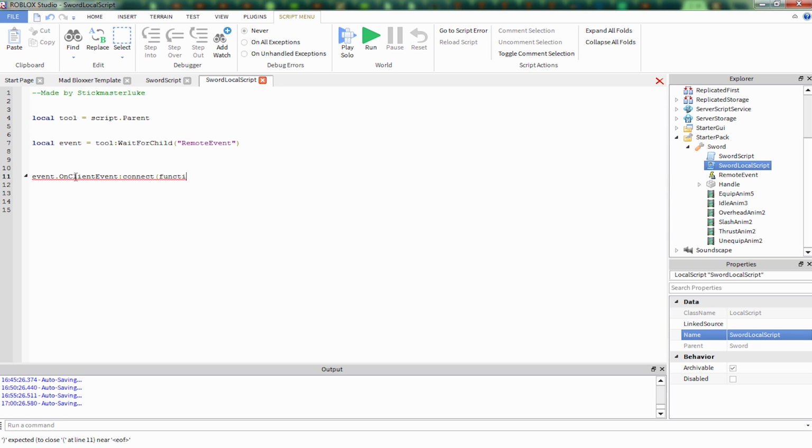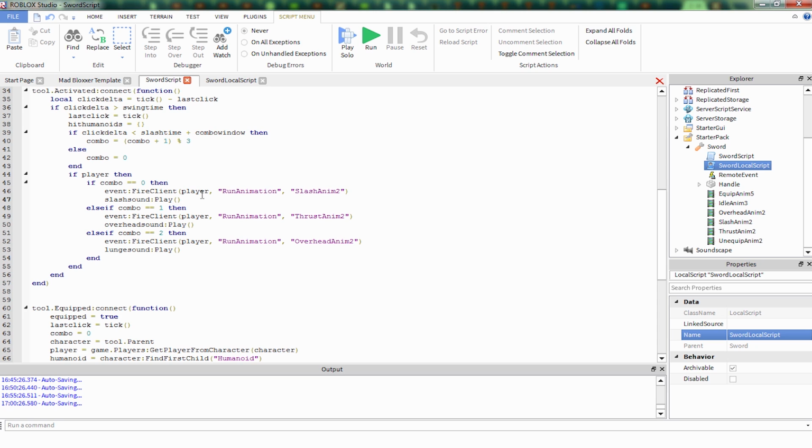I'm going to connect that to a new function that we're defining right here. What it returns is all the information that we sent it. So if you go back to the source script, you'll notice that we've sent it this information. The first one is what we're going to be telling it: we want you to run an animation. That's what this is. And we're going to want to tell it which animation we want it to look for